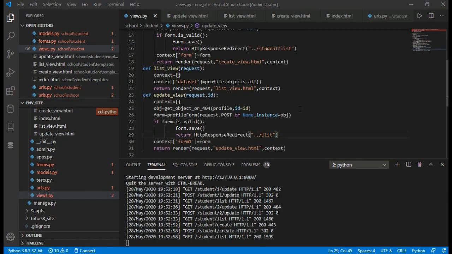Now we have delete view. Okay, so let's see how delete view works.